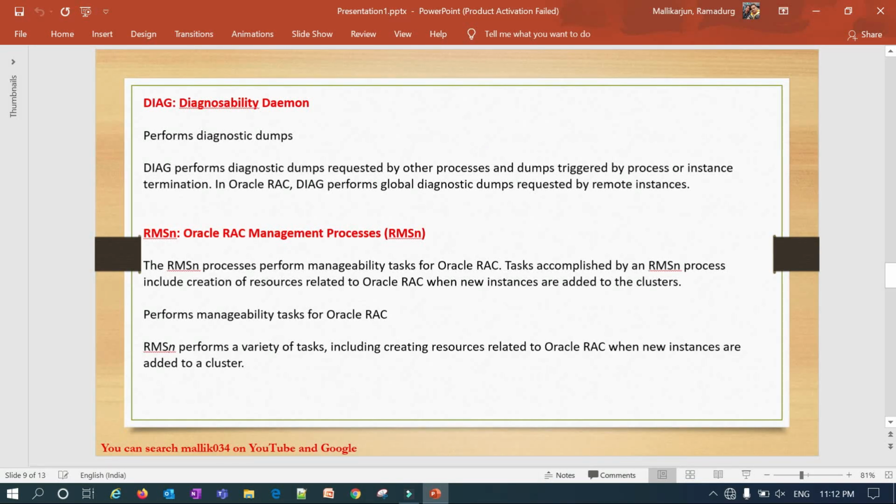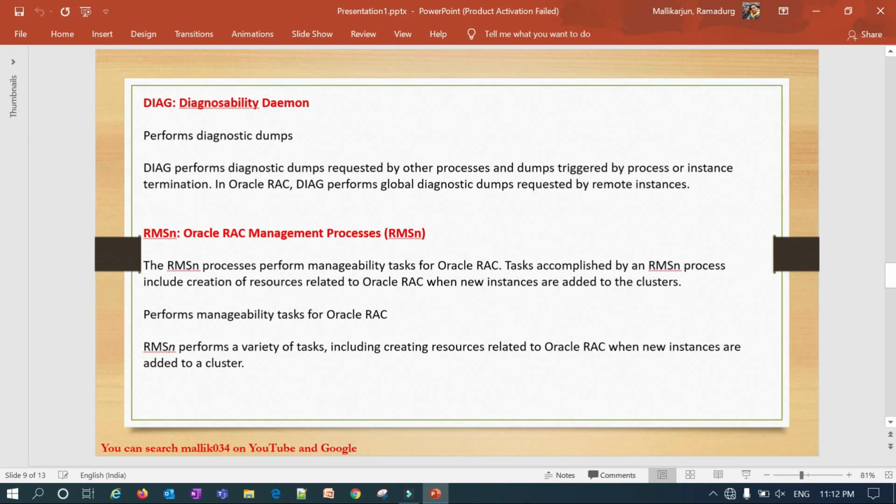RMSn is the Oracle RAC management process. What does that do? What is the significance of that? It performs manageability tasks for Oracle RAC. What is that manageability task? The RMS process performs manageability tasks for Oracle RAC. Tasks accomplished by an RMS process include creation of resources related to Oracle RAC when new instances are added